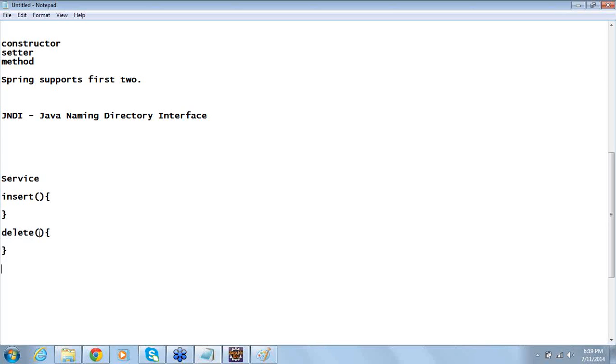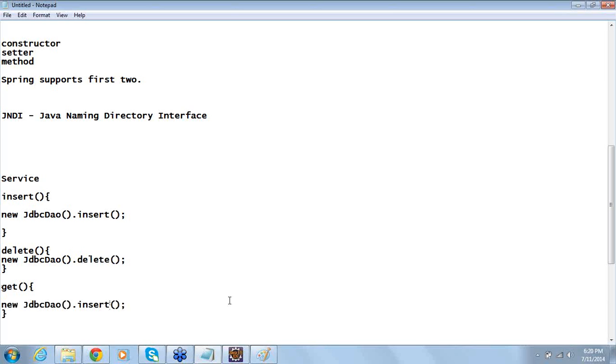I hope you can see the notepad. And in the notepad there is a service class. In that we have 3 methods: insert, delete, get. So here I am creating a JDBC DAO. Then I am calling insert, I'm calling delete, I'm calling get. Now if I want to use Hibernate DAO instead of the JDBC DAO,